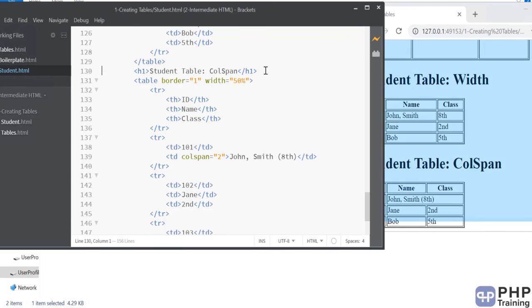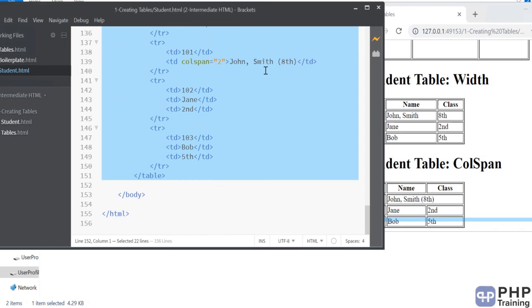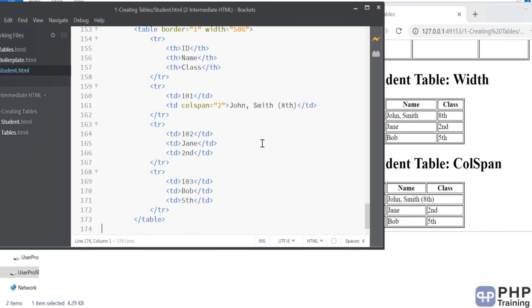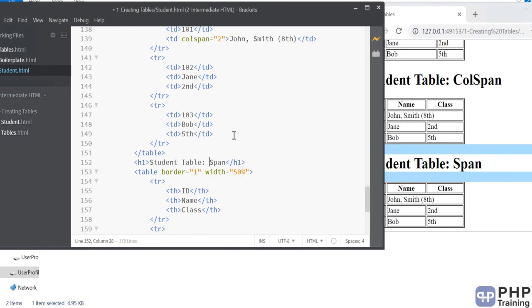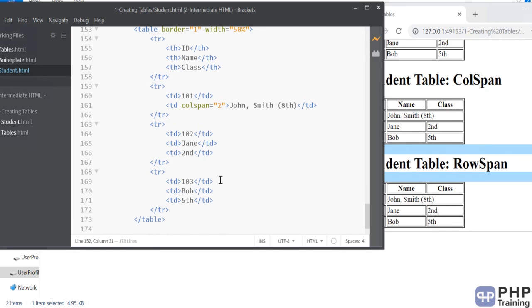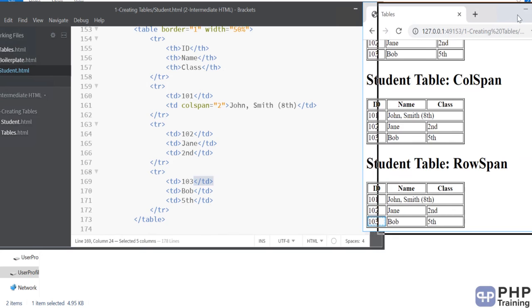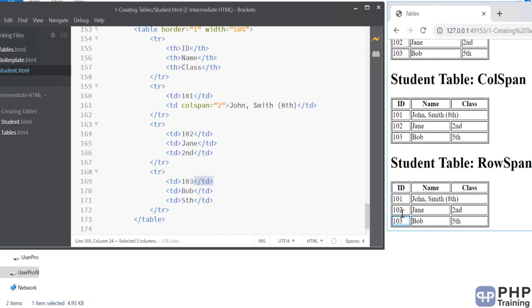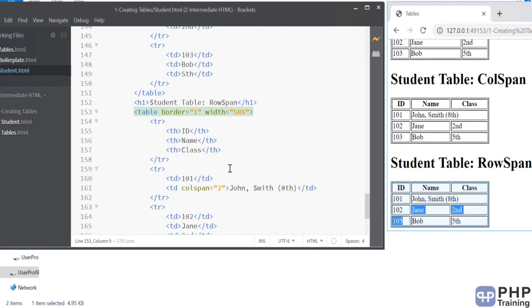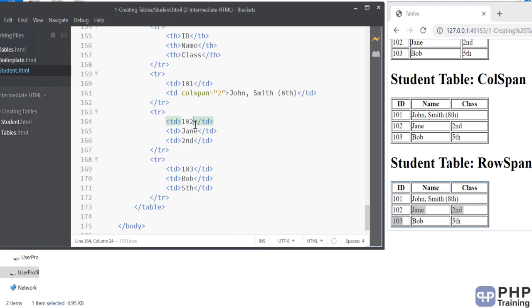Similarly, you have row span. Let's look into that. You want to combine 102 and 103 together, and I don't want 103 here.